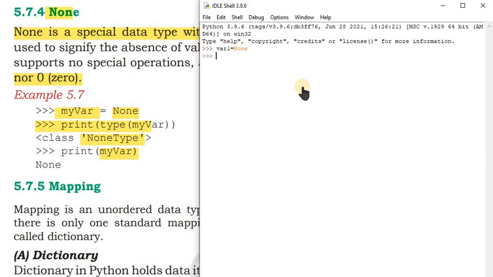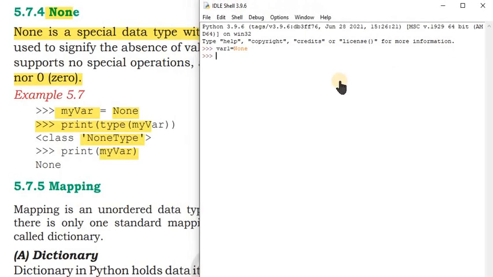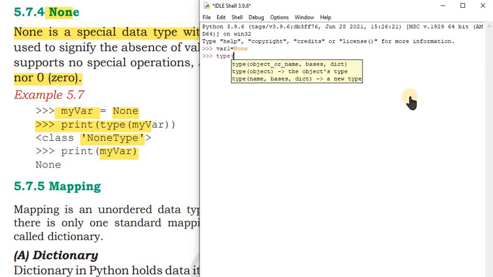Now I want to know the type of var1. So you can write type of var1.